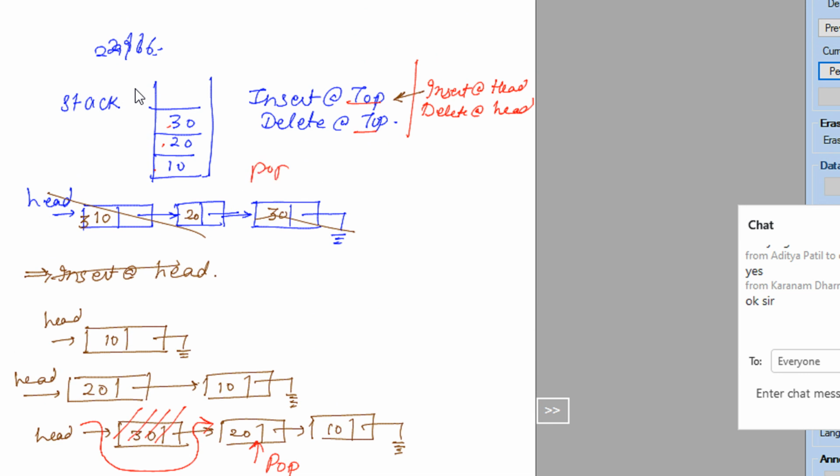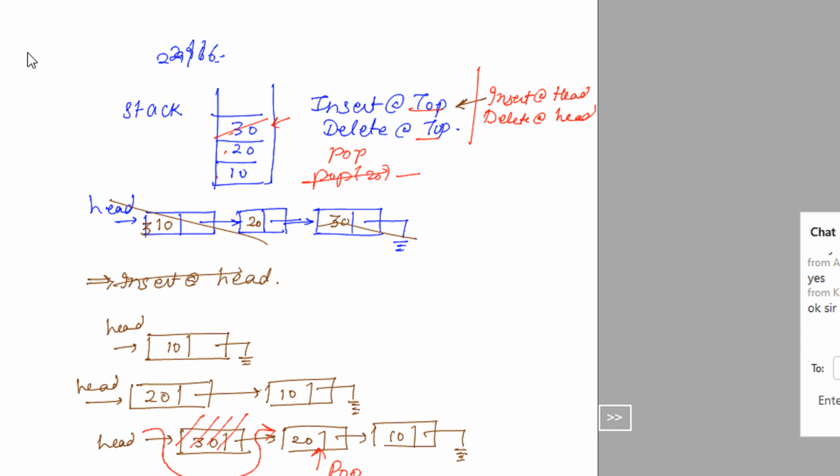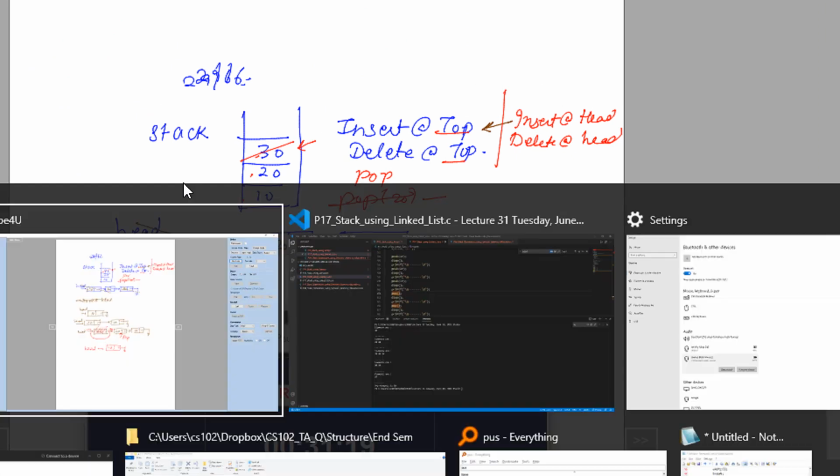You cannot say pop 20. You don't have so much freedom in a stack. You can only say pop. Pop will say, okay, I am at this position, I am popping 30. So a stack gives you a little less freedom, but it actually provides more flexibility.